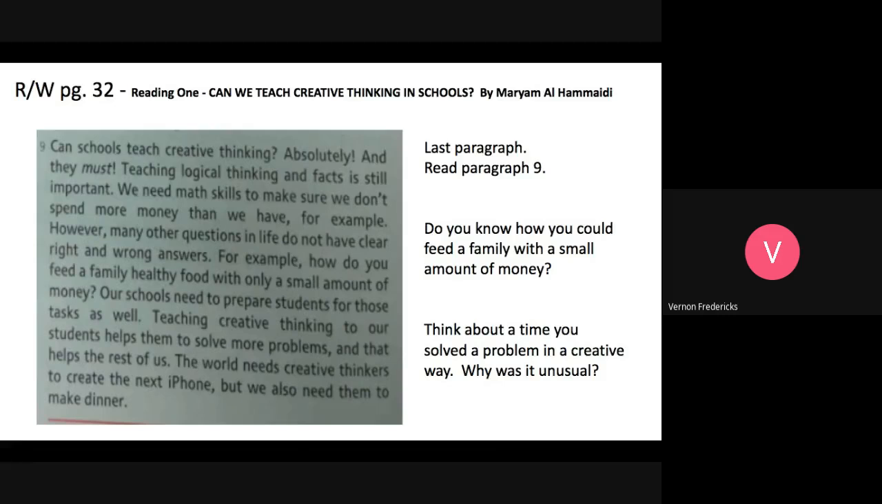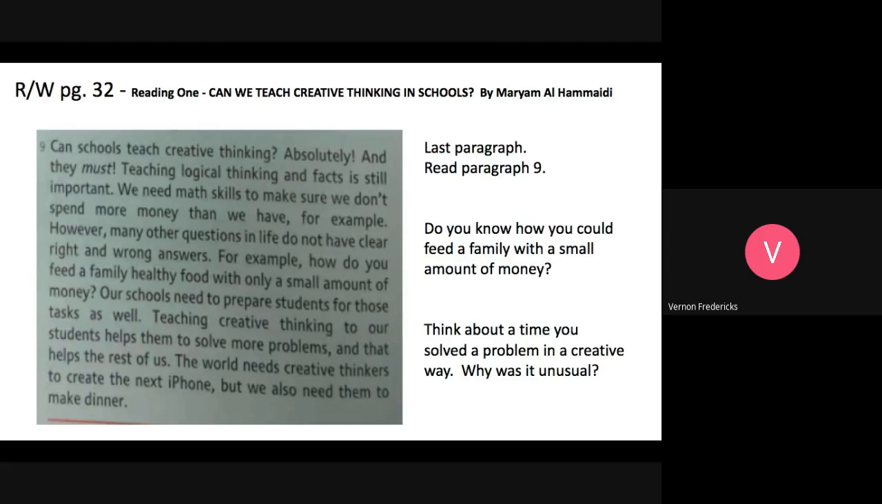Can schools teach creative thinking? Absolutely, and they must. Teaching logical thinking and facts is still important. We need math skills to make sure we don't spend more money than we have, for example. However, many other questions in life do not have clear right and wrong answers. For example, how do you feed a family healthy food with only a small amount of money? Our schools need to prepare students for those tasks as well. Teaching creative thinking to our students helps them to solve more problems, and that helps the rest of us. The world needs creative thinkers to create the new or the next iPhone, but we also need them to make